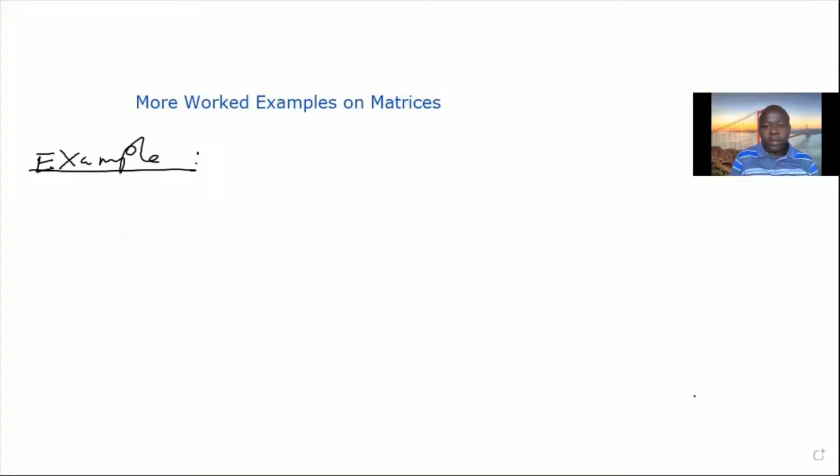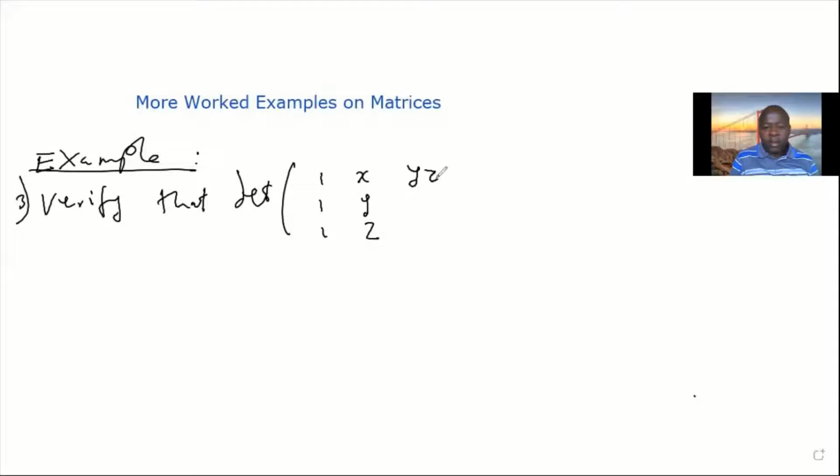We looked at a similar case before, and the question is, verify that the determinant of 1, 1, 1, x, y, z, yz, zx, and xy